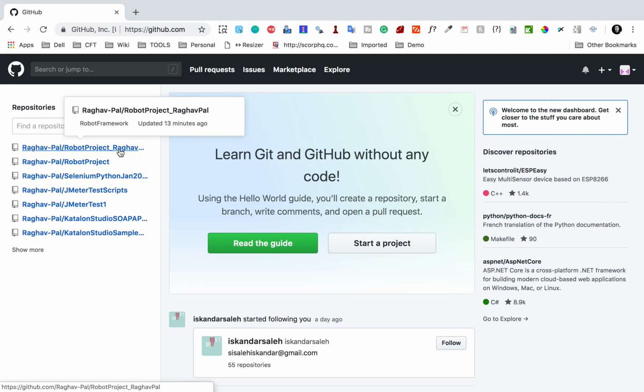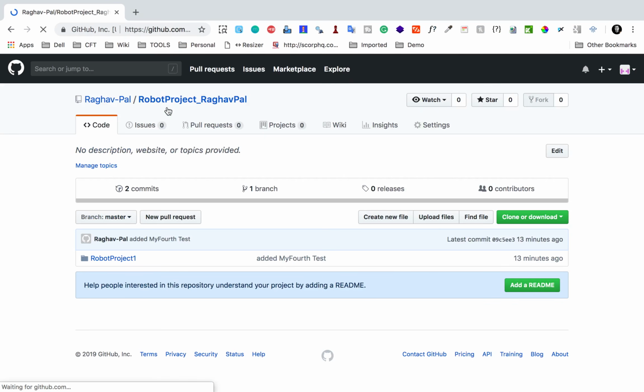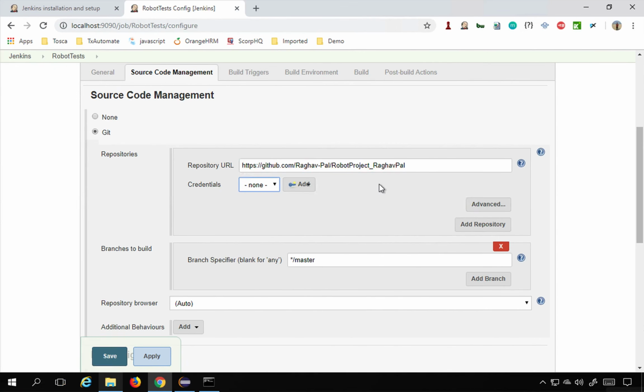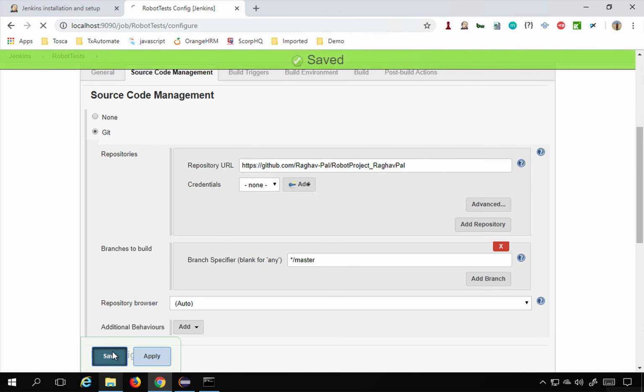In my case I'm just going to show you that I will copy the location of this repository and provide it here, and that is fine. And before doing any further steps, I will just check if it is able to pull my project from GitHub. So I will say apply and save,